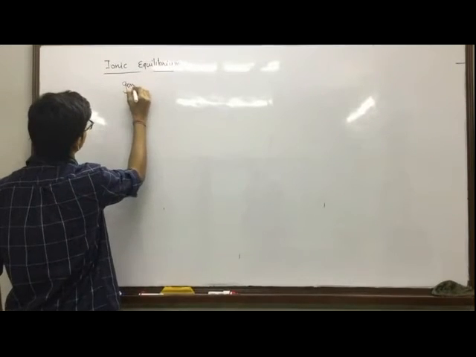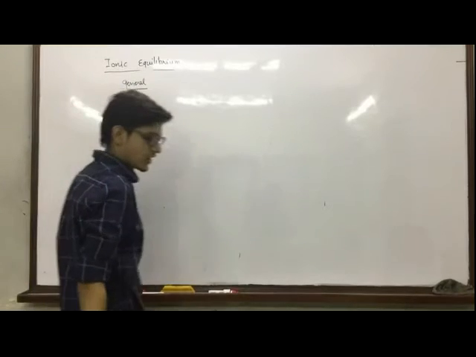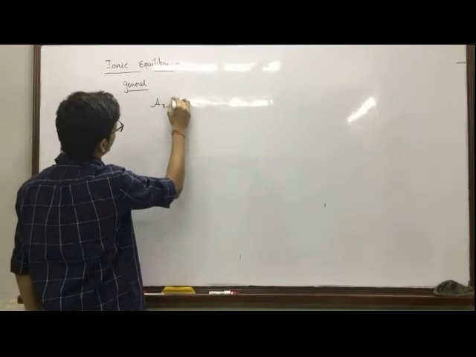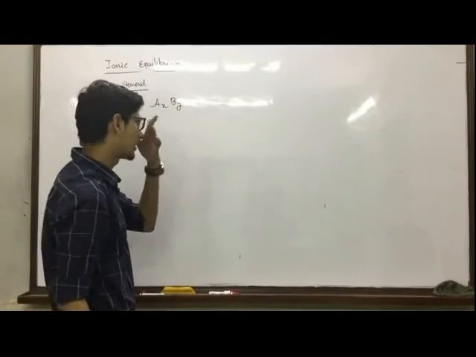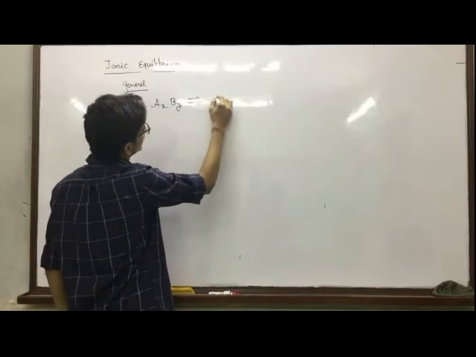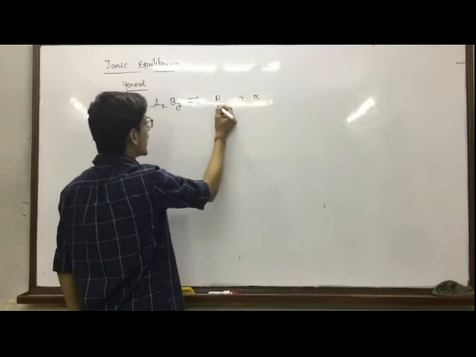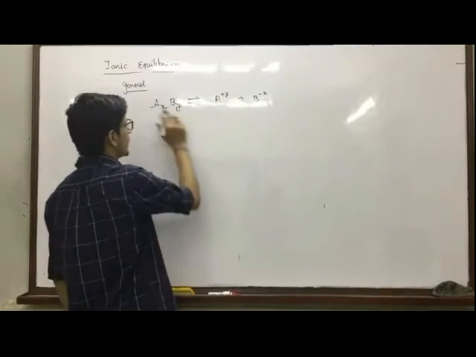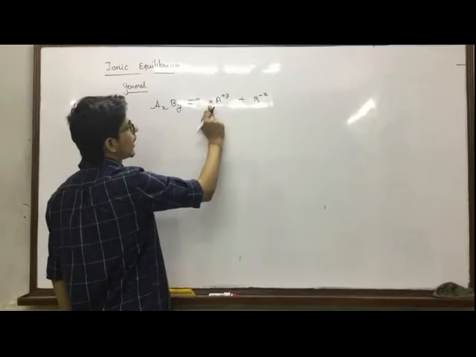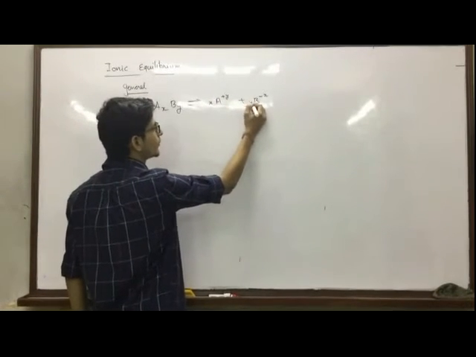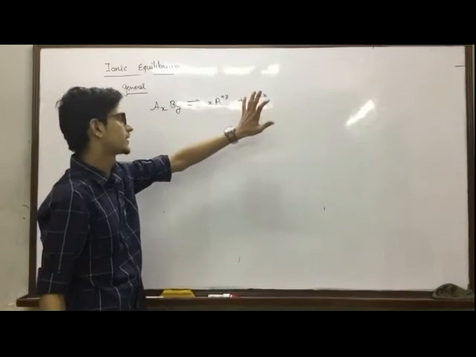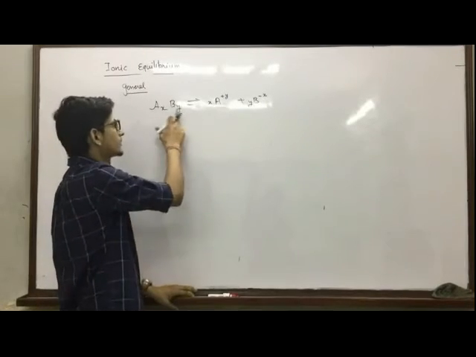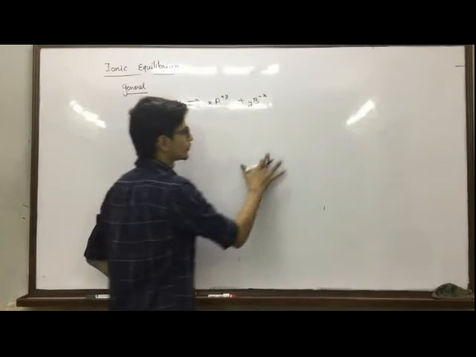Now, let's generalize. Let's take a sparingly soluble salt in the form of AxBy. This is a sparingly soluble salt, in the solid part. It is going to dissociate into A and B ions. The A ion will be A to the plus y, and the B ion will be B to the minus x. A to the plus y is going to form how many times? x times, and B is going to form y times. How plus y and minus x came about is from the basic formulas studied in the earlier portions of the chapters.